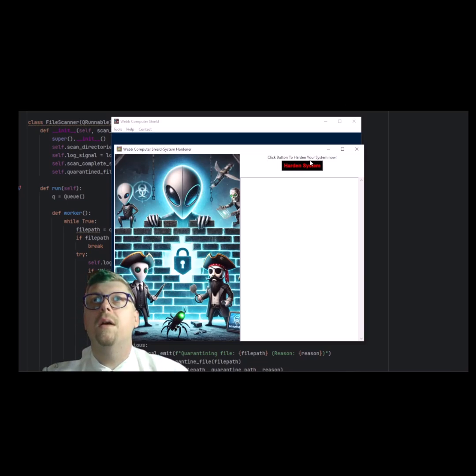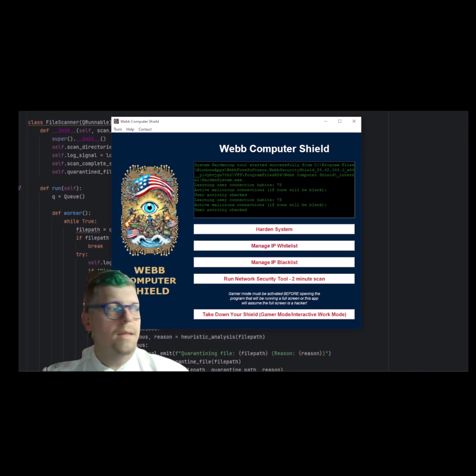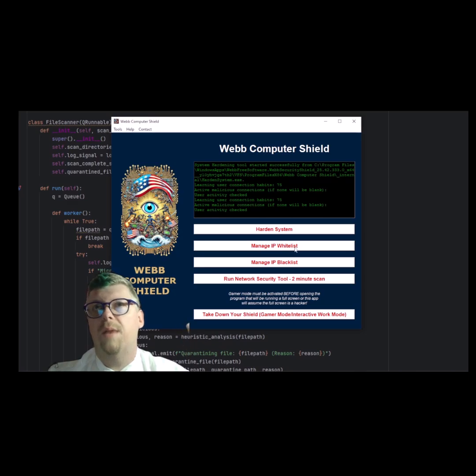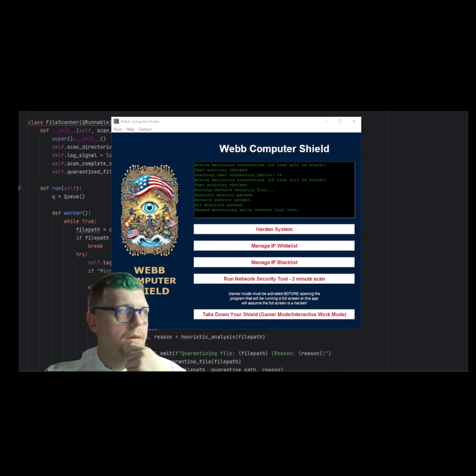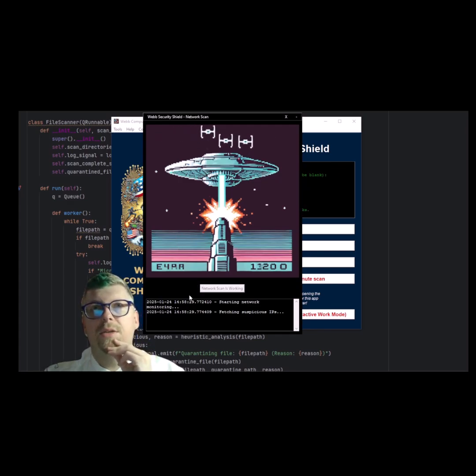Oh, goodness. Then there is the whitelist and blacklist. The whitelist and blacklist are automatically propagated, but you can manually change things in them as well. The whitelist, basically anytime it does a full network scan, which is this one, it does a very deep dive into your network and into your system and makes sure that none of the